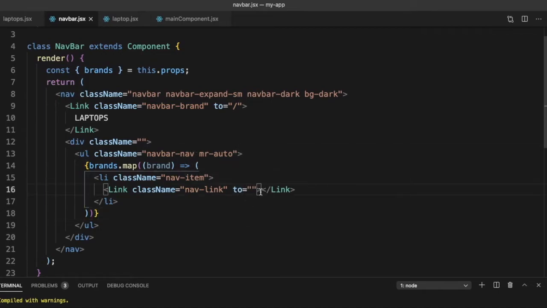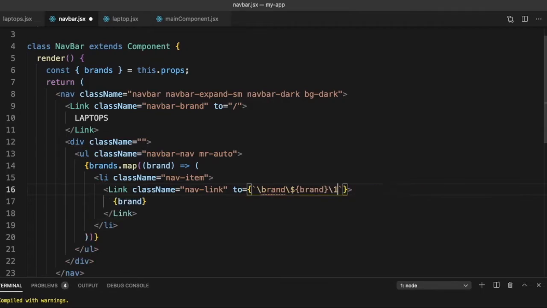Let's make, what do we want to display here is the name of the brand, and let's construct the link. The link will be brand slash the name of the brand, which will be dollar brand, slash 1. So the first page of it.